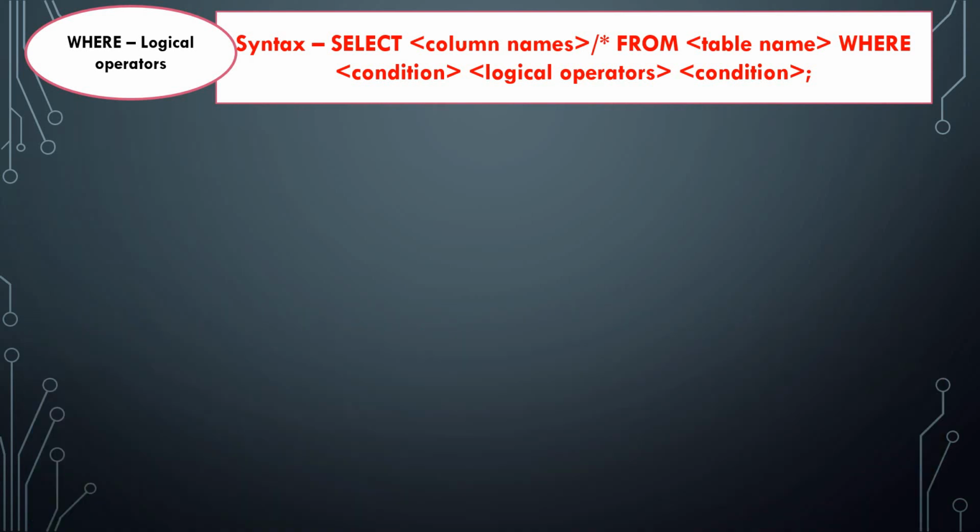So I am ending my video over here. In this video we learned about the where clause, or the where keyword, in the select command, which is used to ensure conditions which we want to put in the query. In where we learned how to give relational operators. After that, finding a null value: for null you have to use the IS operator. After that, applying logical operators, that are AND, OR and NOT.